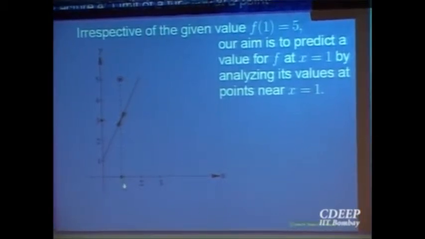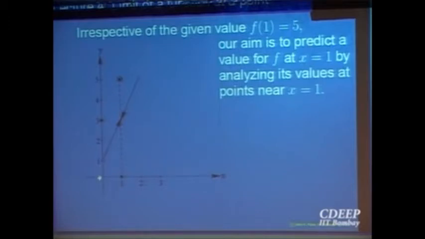So x equal to 1 is the point where we want to predict. We want to take a point nearby. There is no problem, we can take a point nearby, this x here. At this point the value is defined. Then we want to make this point x come closer and closer to 1. And the notion of closeness on the real line is given by the notion of distance on the line, namely absolute value. Or what we can do is pick up sequences of numbers, say a sequence that converges to 1,